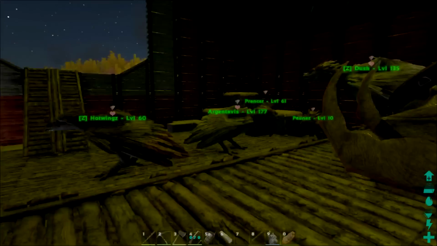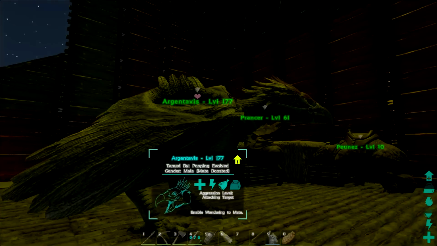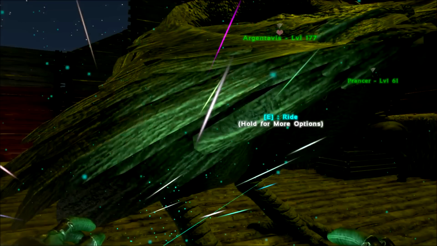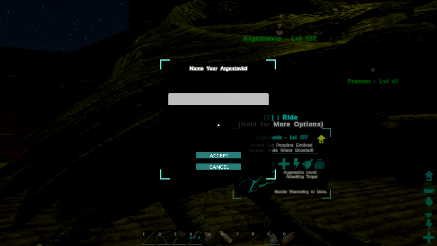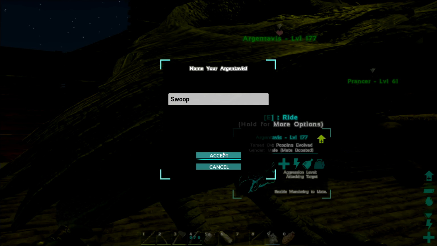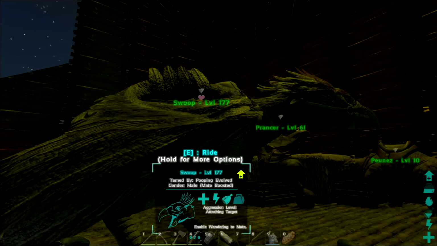Dawn's ready. I'm sorry. So I want to breed Dawn with the Argentavis that I just got the other day, the Perfect Tame. And we're actually going to call the new one Argent Swoop. I need to start naming these, by the way. Actually, no, I don't. Not yet. It's fine. Okay, so Swoop is going to be our new male